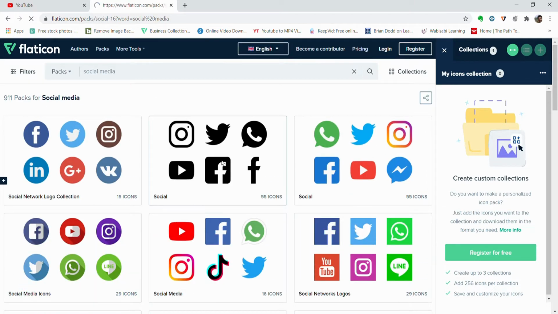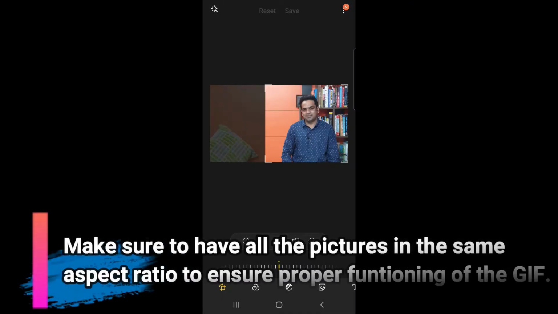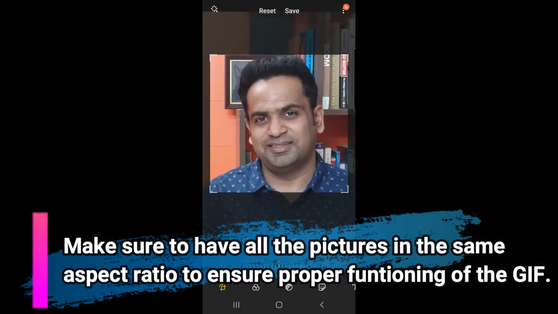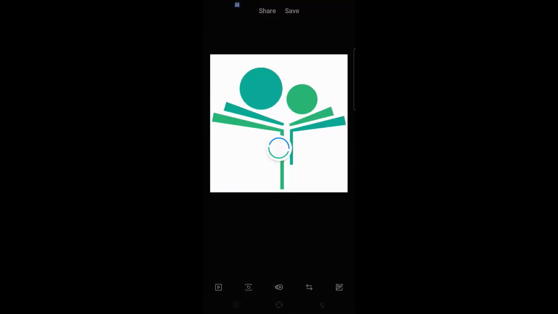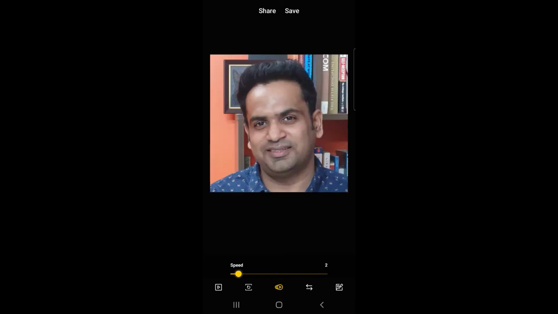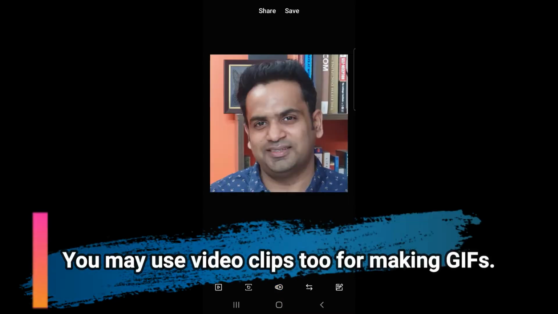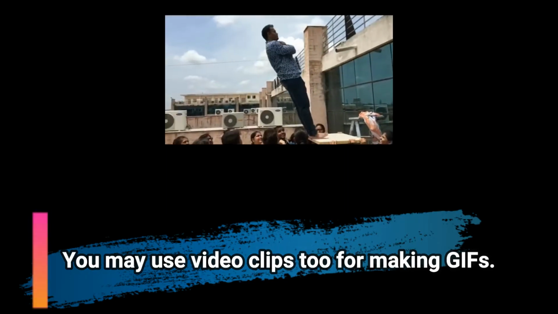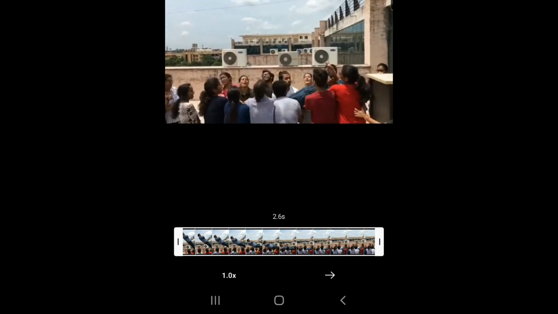To make the GIF, I will be using my cell phone. It's very convenient and easy to use. For this, edit the picture dimensions in 1:1 ratio and save it. Please select the required images and convert them into a GIF. Check the speed setting and save it. Your GIF is ready. Transfer that to your laptop.